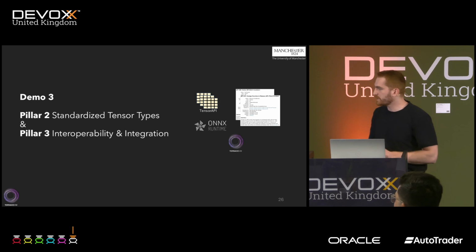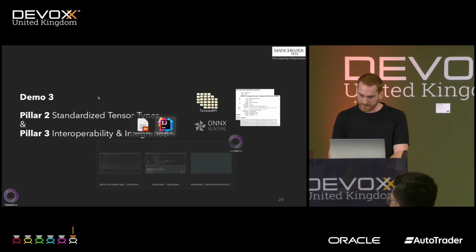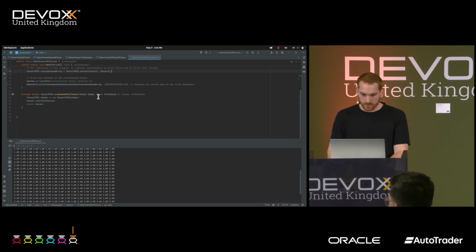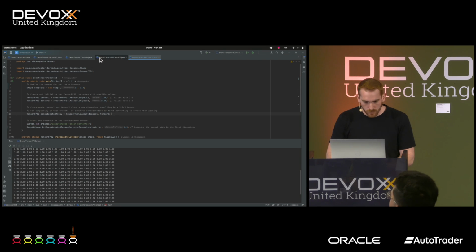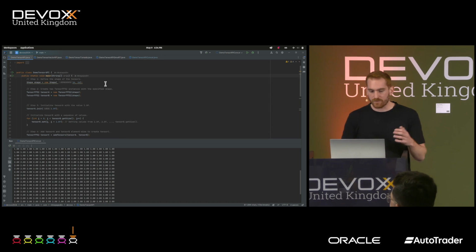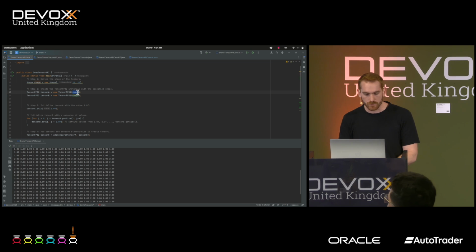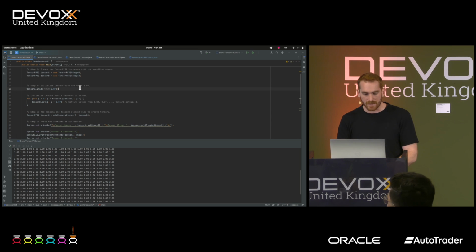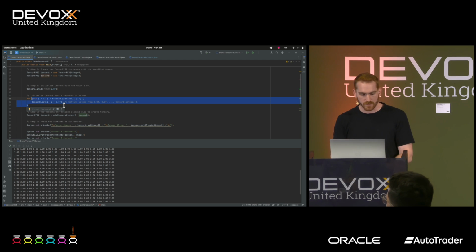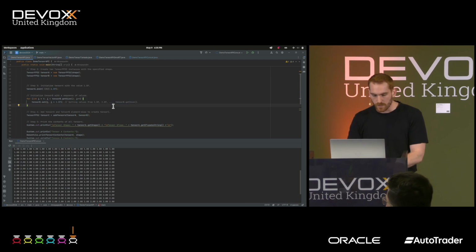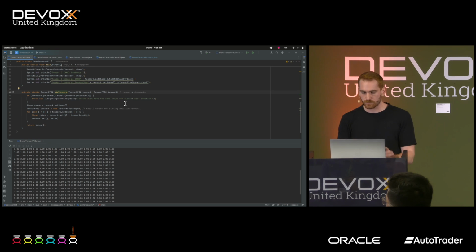And now it's my time for the third demo, let's say. So in this demo, what I would like to show you is that we can have the same data structure, the tensor. So here we have a two-dimensional shape with 16 elements each dimension. Then we have a tensor A and tensor B. The shapes are matching for both of them. We initialize tensor A, and we initialize also the tensor B with induction variable plus constant value. And then we perform a vector addition between the two tensors.